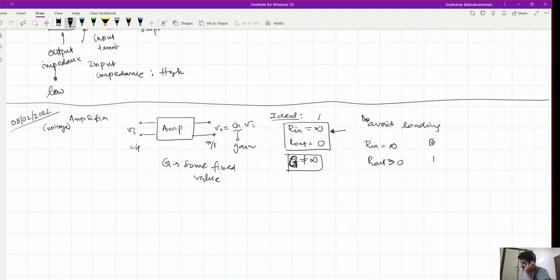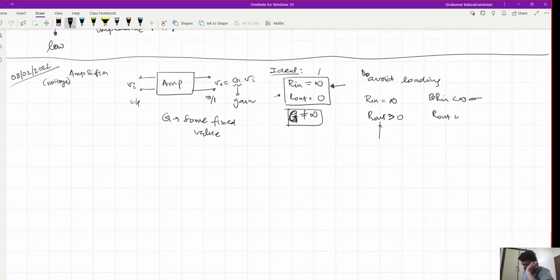Similarly, if Rout is zero, but Rin is less than infinity, then still this is a problem because you will load the input side. In this case, you load the amplifier's output side. Okay, so both of these are required for an ideal amplifier. Okay. Then we looked at